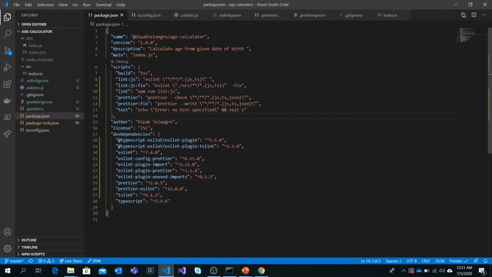So let's check this task. I just created a separation for linting purposes. In this case, I'm just going to lint the TS or JS files. But if you are linting CSS or HTML files as well, in that case, it's always better to have separate tasks like this. So the lint:js task will take care of JS and TS files.